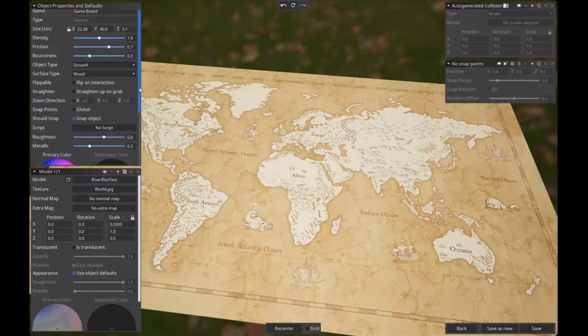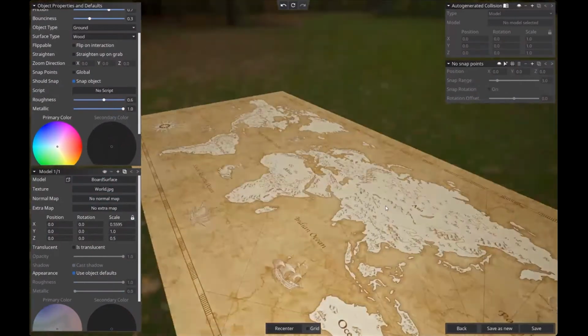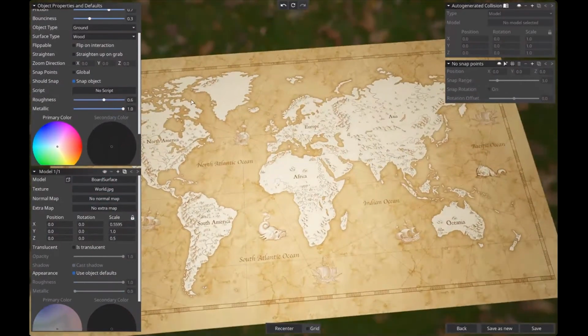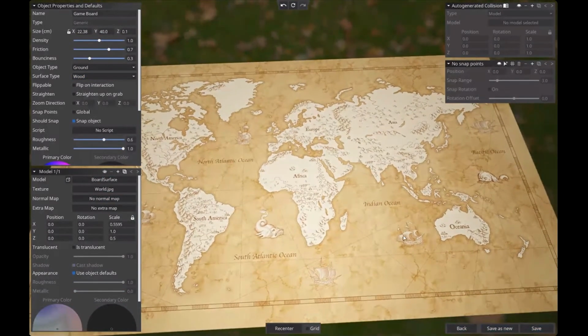And again, I can play around a bit with the sliders here, for example, to give me kind of a bronze look for this map. So that's a quick way to create your game boards. Let's save this as well. And perhaps, as we already had a question about snap points,